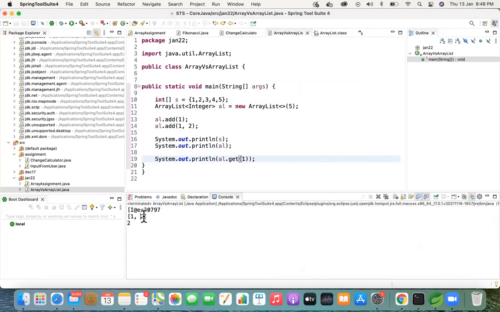So though you have created an array list with specific capacity of 5, internally it still doesn't hold any value. So you'll always have an array index out of bounds exception if you're accessing more than the specified index. In that case, what you can do is predefine the array list with a default value. So if you're not adding anything, you can just have AL.add with null. Then every time you get a null pointer exception and not an array index out of bounds exception, but internally those two again fall into runtime exceptions only.